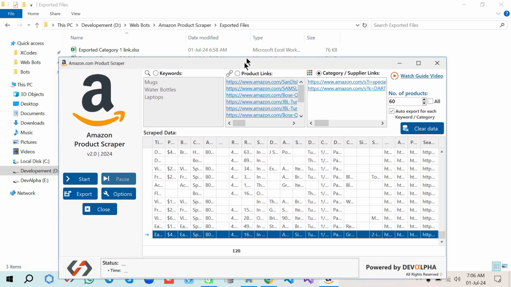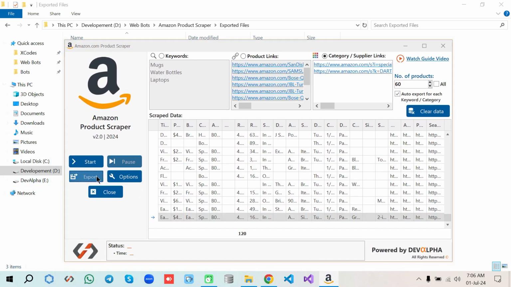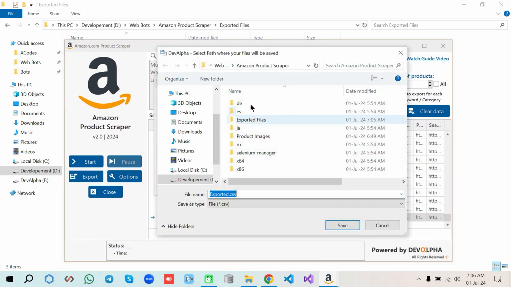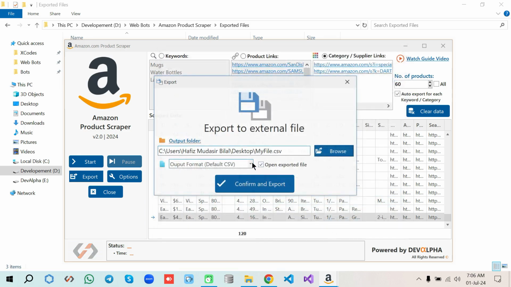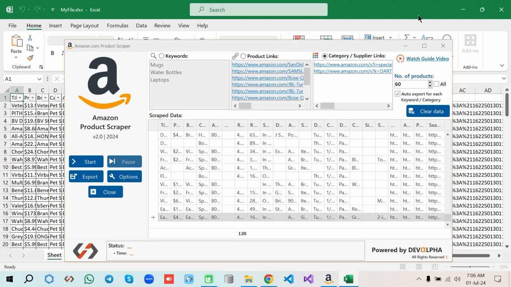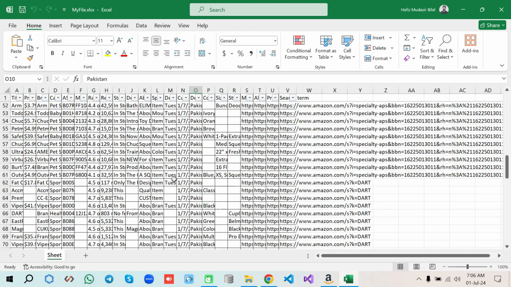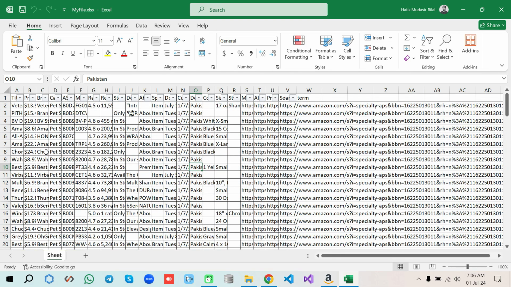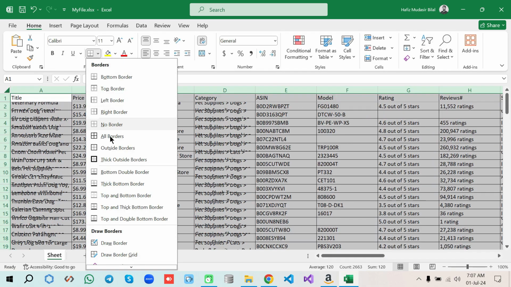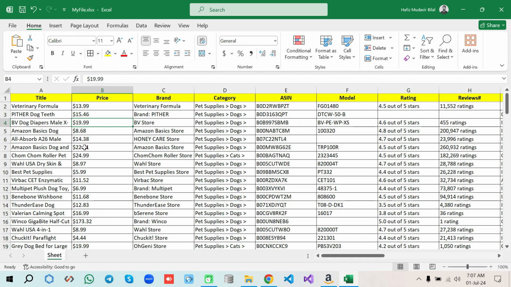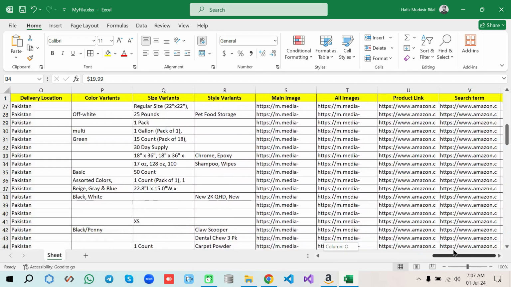Now I show you how to export this scraped data manually. Click export button and specify your output location and type your file name here and choose your desired output format, and it will open the file after exporting. Okay, this is the file. Now we can further edit this file. Let me show you. Okay, our file is ready for use,